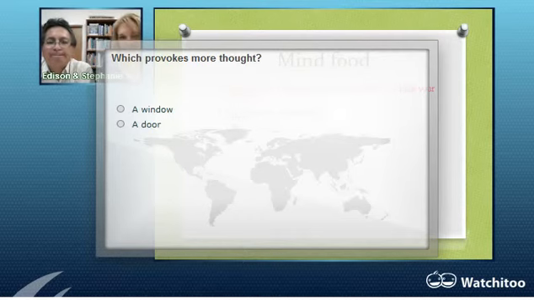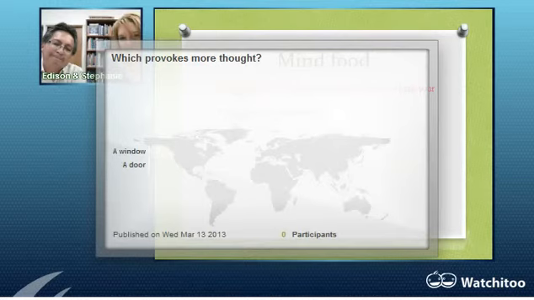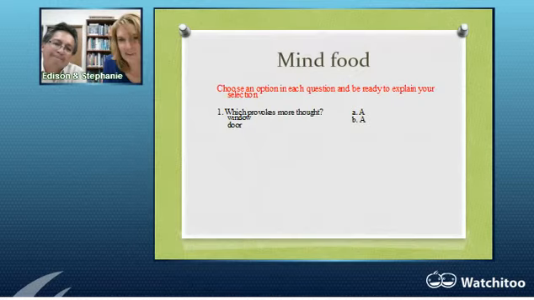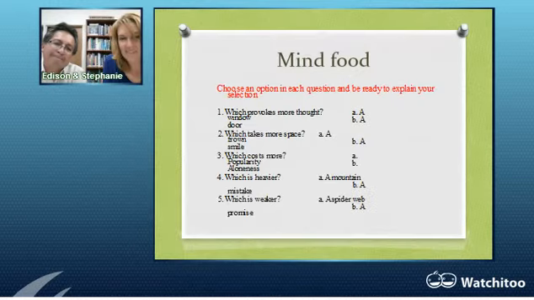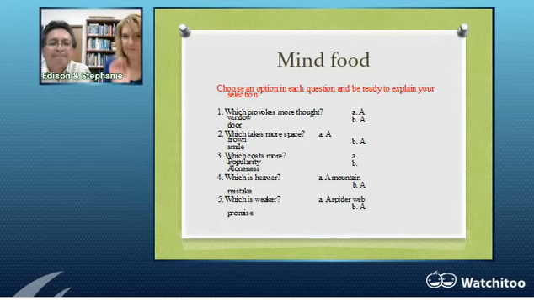So most people are answering a window. That's kind of interesting. And a window makes them think more than a door does. Okay, we're going to go ahead and stop the poll. Okay. So the idea with this activity,